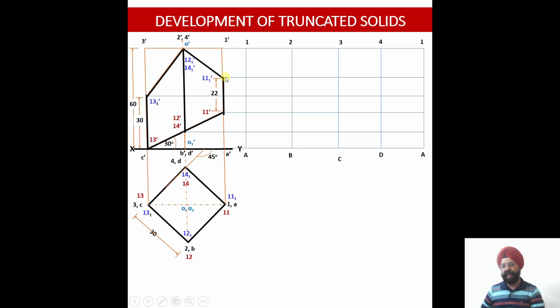Now I'll draw a horizontal projector through this, and you see my starting point and end point is point 1A and 1A over here. So the starting point of this development is 1A, first edge, and the ending point is also the first edge, that is 1A. So the 11 1 dash point will be appearing here and it will be appearing over here, right? This point will not be 11 1 dash because this is a horizontal line. So here it is represented as 11 1 dash. Here it will be represented as 11 1 and 11 1 over here.